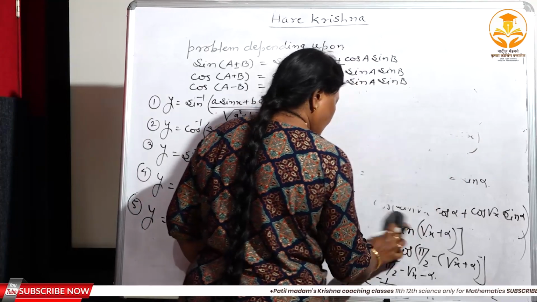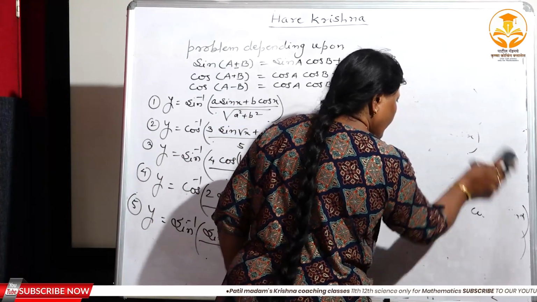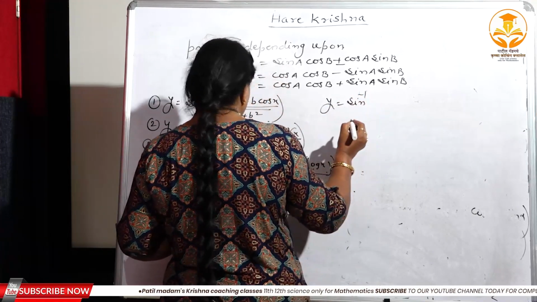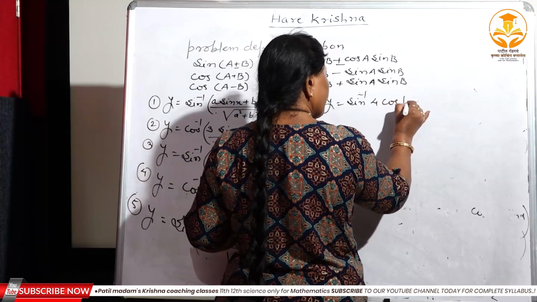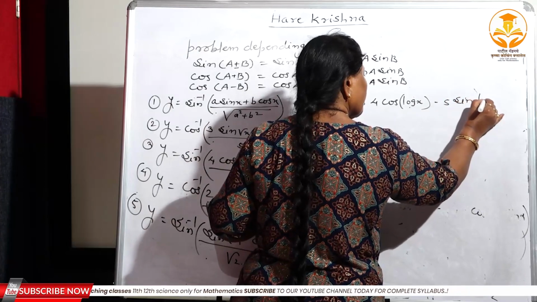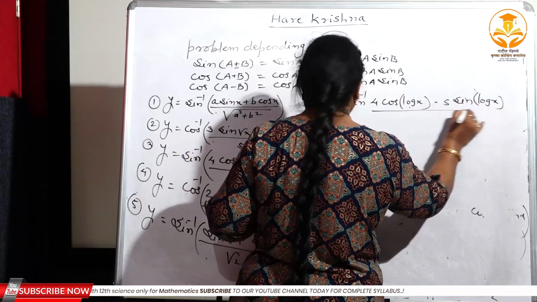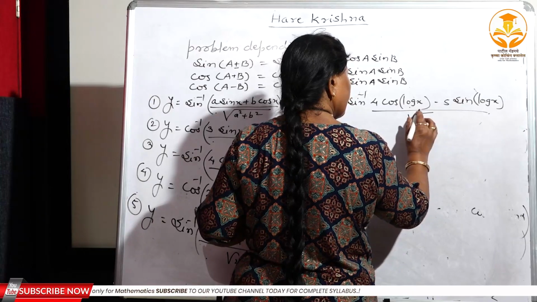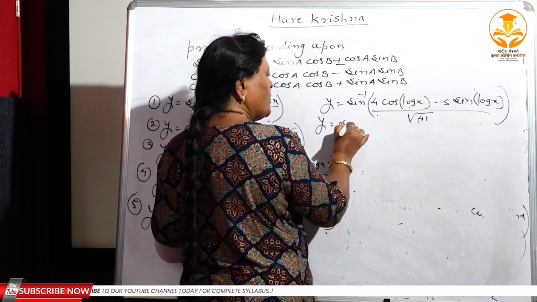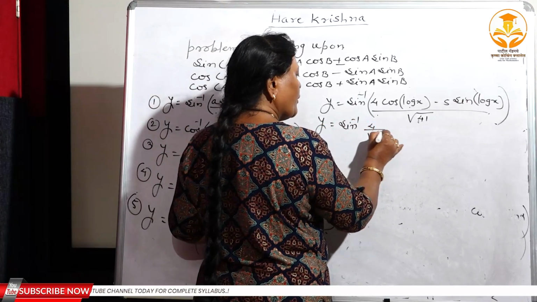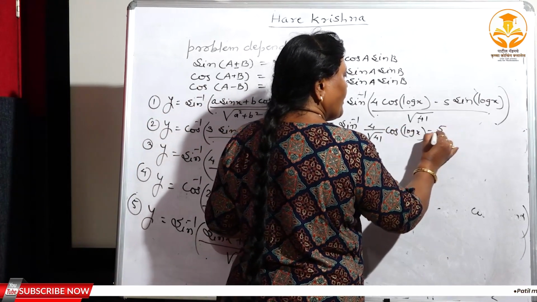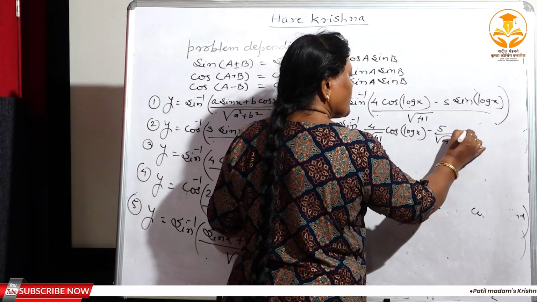See the third problem. Third one, y is equal to sine inverse, this is 4 cos log x minus 5 sin log x divided by root 41. Again what you have to do, separate the constant. Sine inverse 4 divided by root of 41 cos log x minus 5 divided by root 41 sin log x,